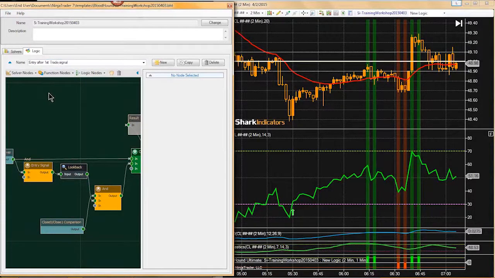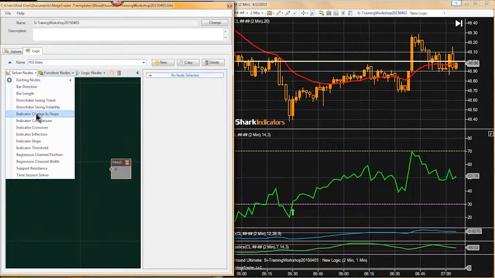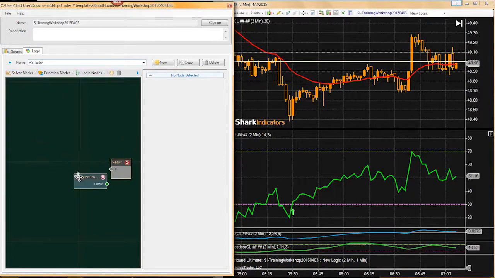Okay, there's a name. Hopefully that name works. All right, let's create a new logic here. So this is going to be an RSI entry, and I'm going to use a crossover solver,